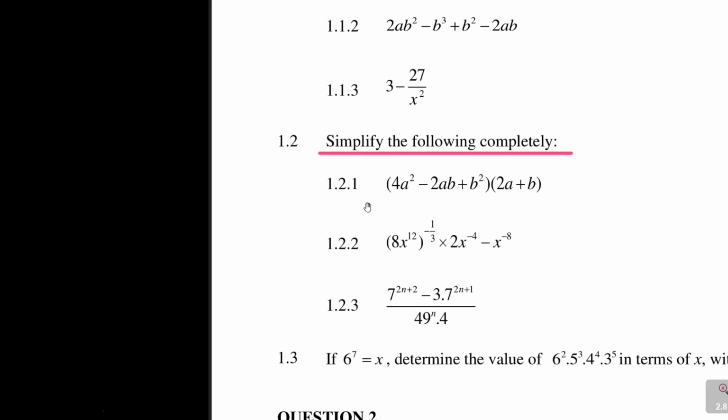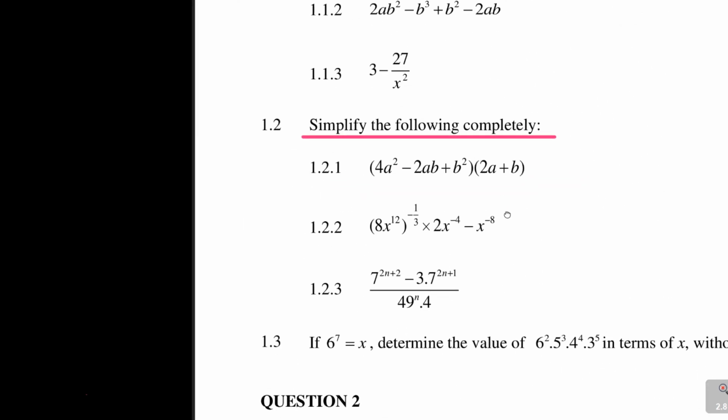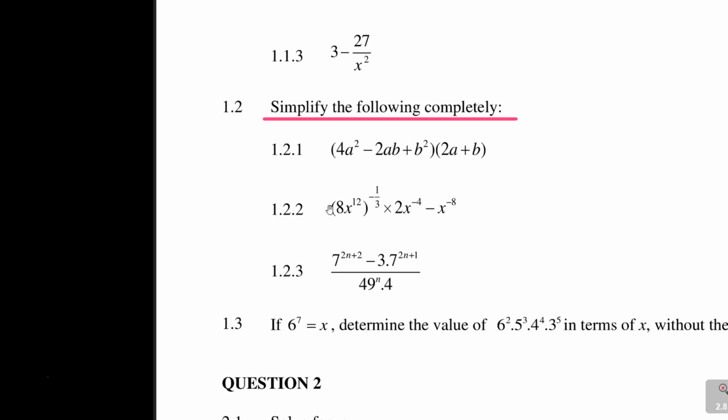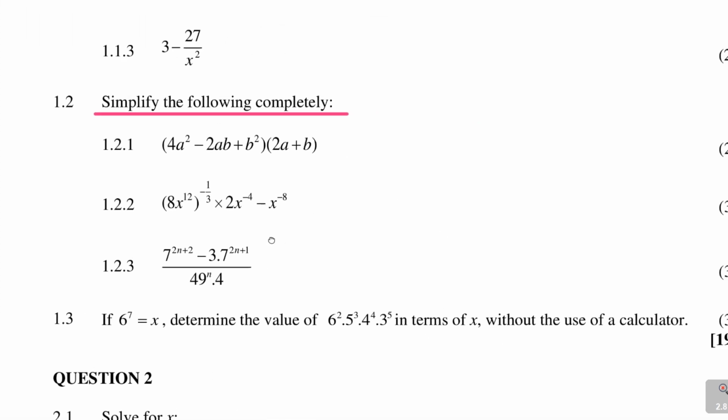It says, again, we're still simplifying completely. We are looking at a to the power of 12, blah blah blah blah. How many marks? 3 marks. So let's write this thing down. Now in 1.2.2 it says